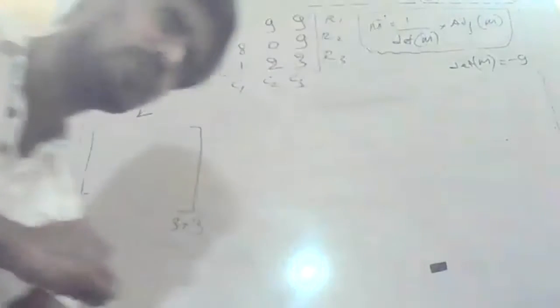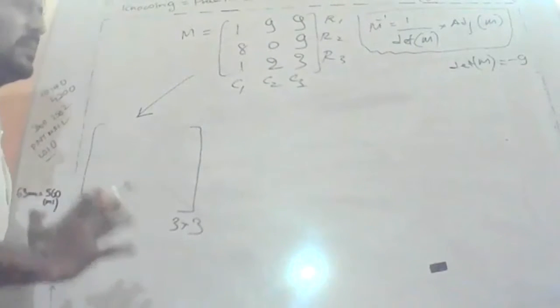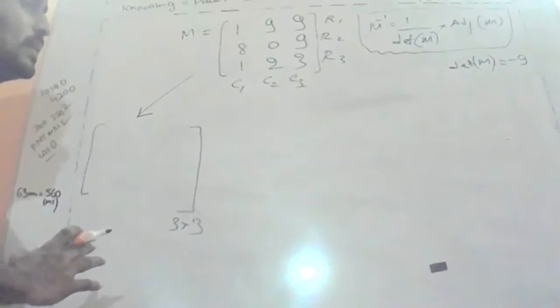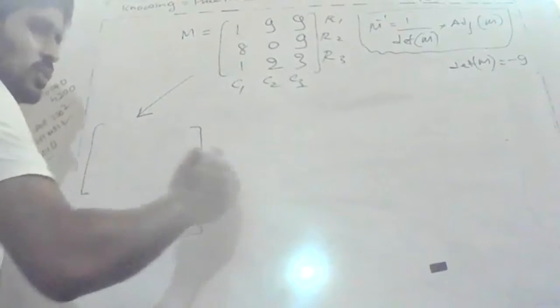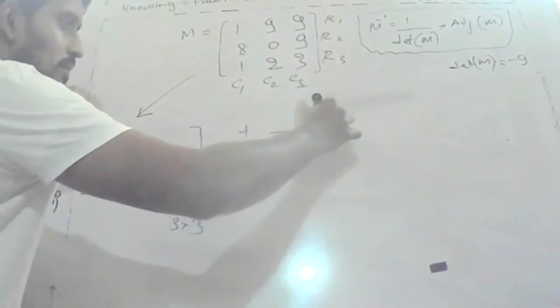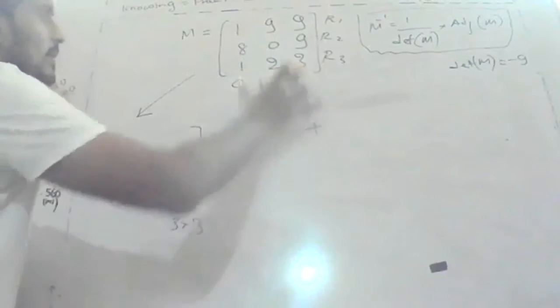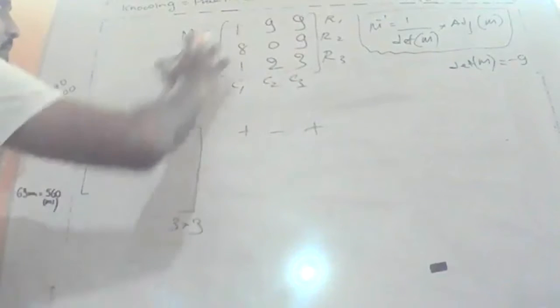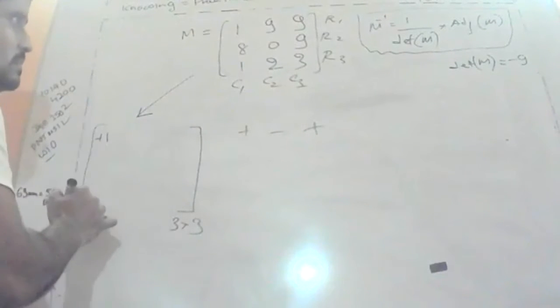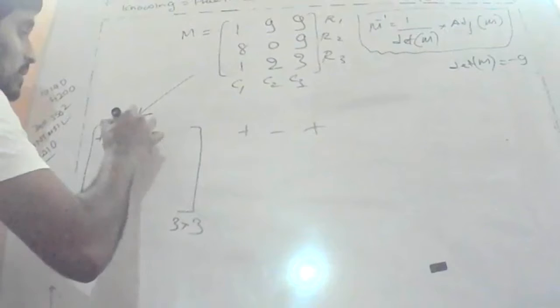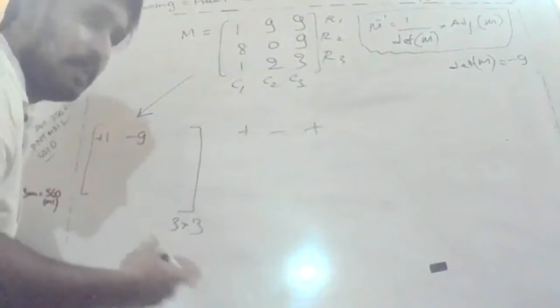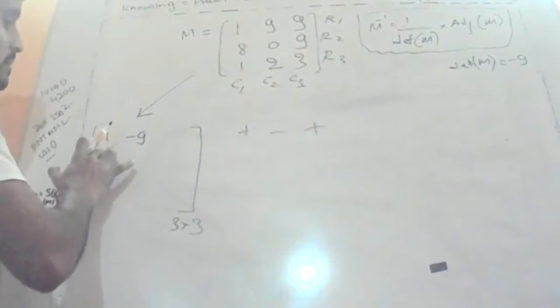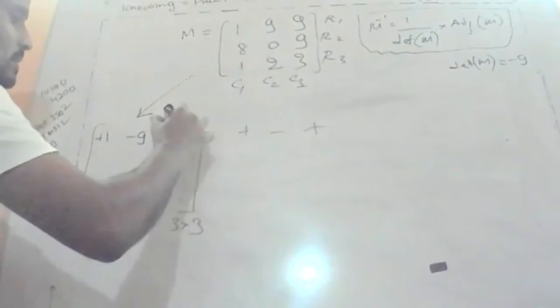Is the matrix video clear? Okay. This is the way. Now we are going to find another coefficient pattern. For the first row, let's put a coefficient pattern, positive, negative, and positive, and put those coefficients in the first row. That means the first guy is positive 1. What is the second guy? Negative 9. Now don't get confused. Here we have 9, but now we are going to follow some pattern. Positive 9, negative 9, then positive 9.